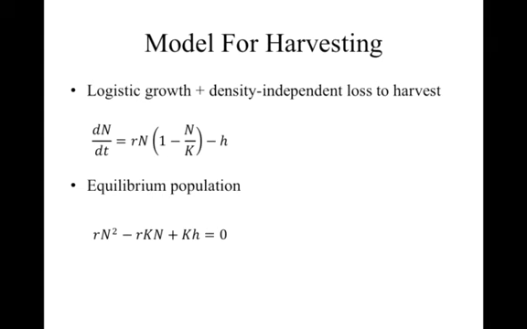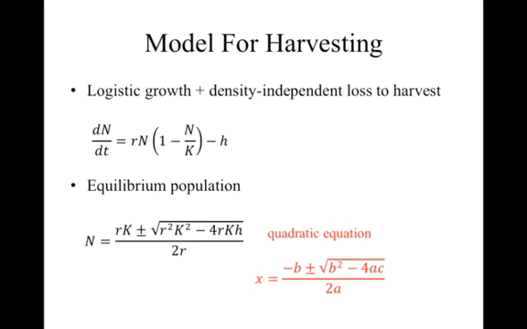You probably did it in high school and you've probably forgotten since. To do that, we need to use the quadratic formula. And so basically, I plug in the -b, the a, and the c. Remember, the a is the term out in front of the N squared, the b is the term out in front of the N, and the c is just the constant term without any N. If I plug those in, I end up with this equation. So that tells me the number of fish, or the number of whatever organism I'm harvesting, that I have at